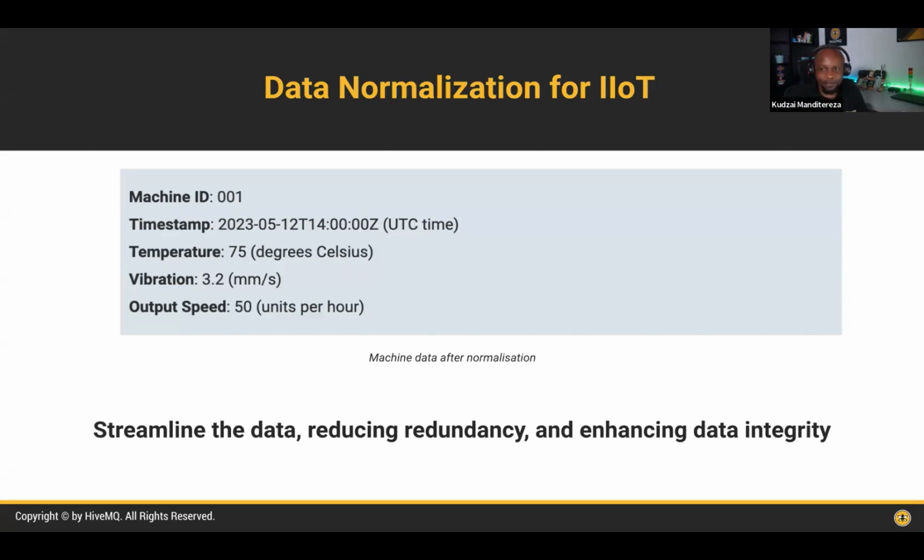Another system may represent temperature in degrees Celsius, while a plant in America represents temperature in Fahrenheit, and the units of vibration and speed may differ in different plants. So you can imagine if you just collect this data and put it into a data lake